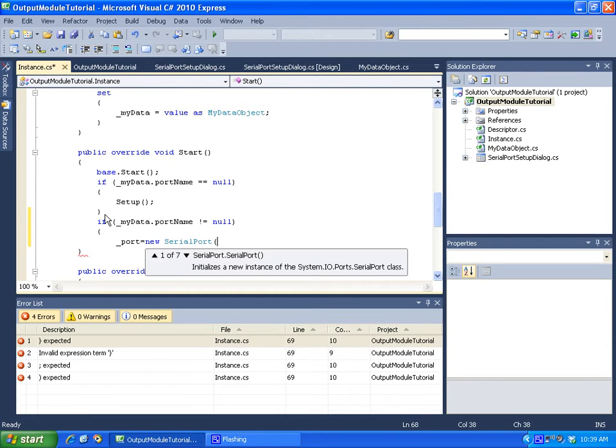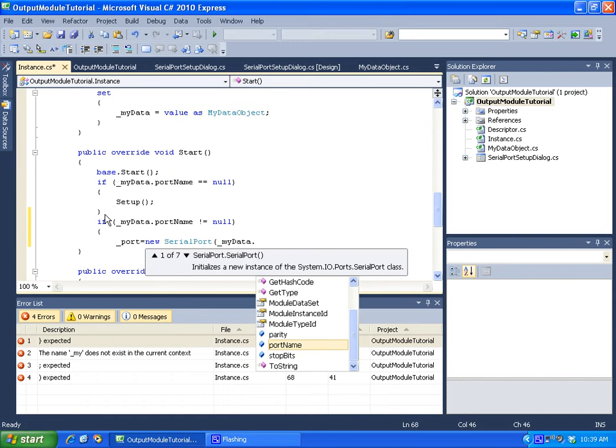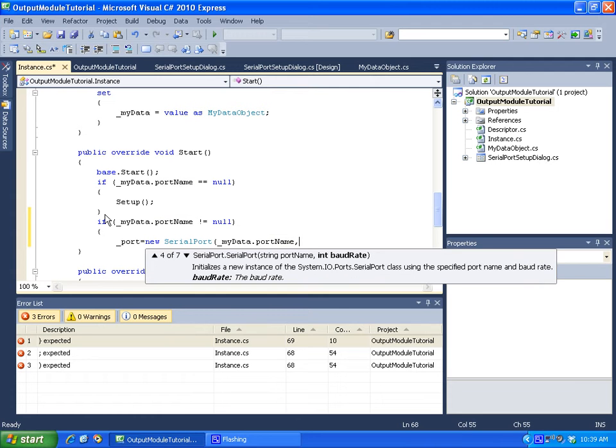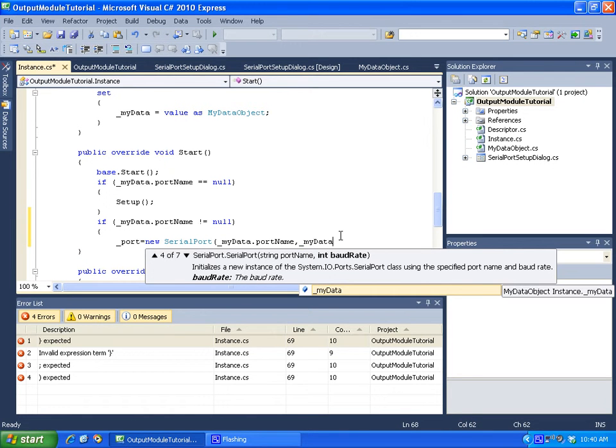Once you hit parentheses, now we have to add some information that is needed for the serial port class. The first thing it needs is which serial port, my data dot port name, and then next you'll see a pop up down here telling us we have to put in the baud rate. So let's give it the baud rate, my data dot baud rate,